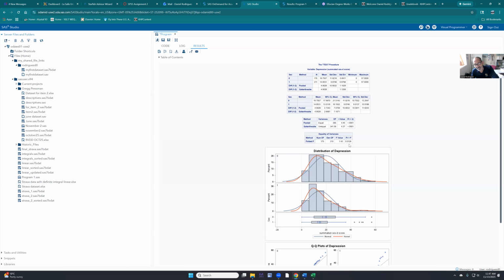My p-value here is 0.0126. So if our alpha is 0.05, this value is less than that. So we consider this a significant difference and we'd reject the null. In this case, our null was that the variances are equal. So we reject the null hypothesis that the variances are equal, and we cannot assume equality of variance. Okay, we go up here